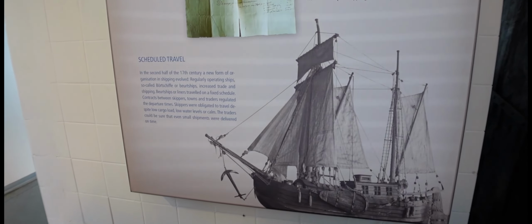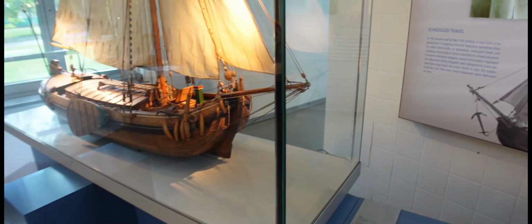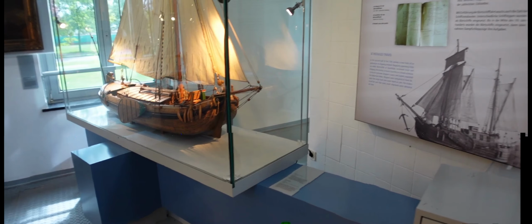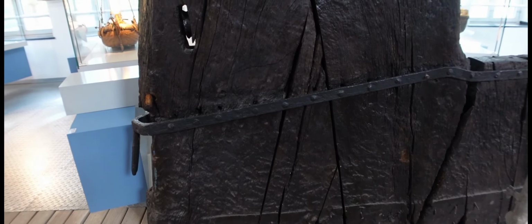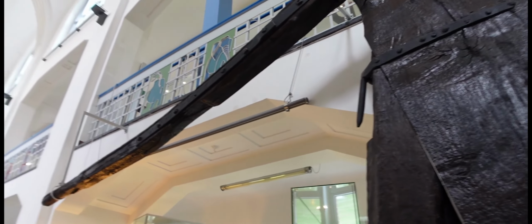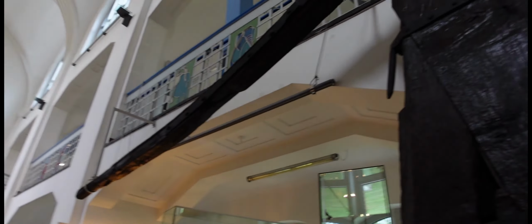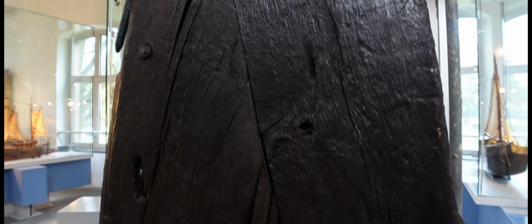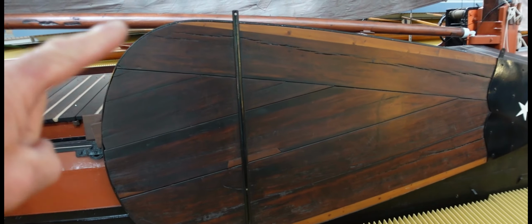Kind of 17th century style, that one. I was just pointing out this huge tiller rudder they've got here. The big piece of wood. Wow, that's a hell of a piece of timber. Cool. Just actually realised that this boat in the middle is kind of